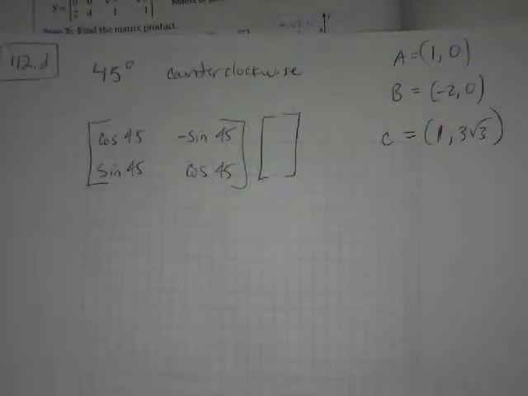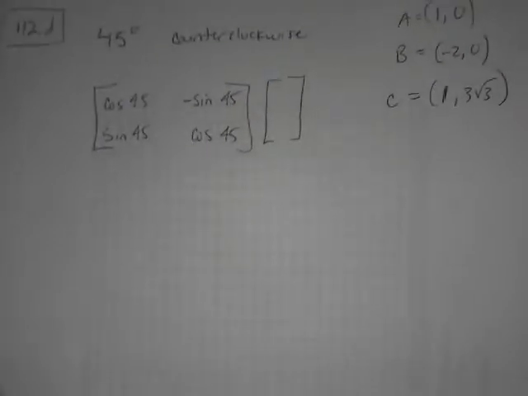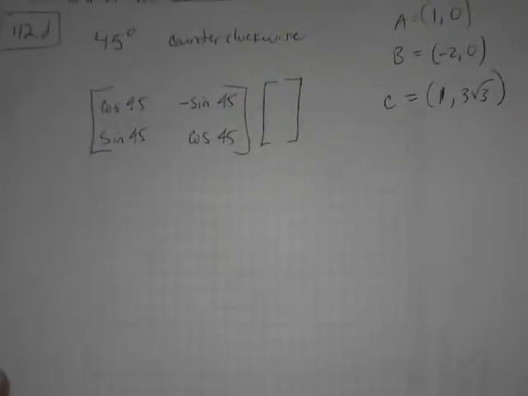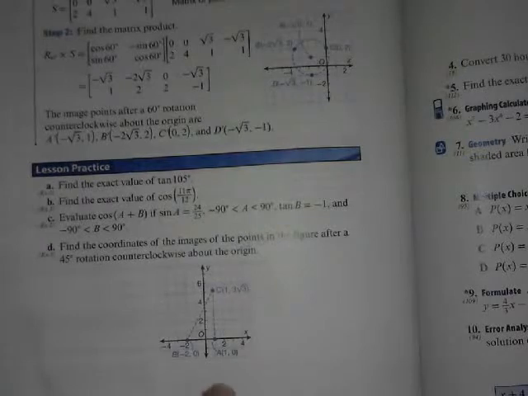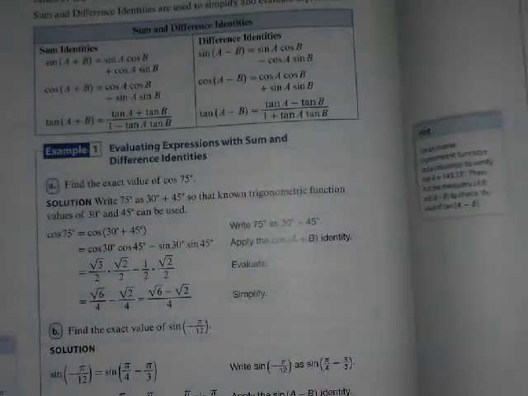Algebra 2, Lesson 112, letter D. So this one is a rotation. It wants a 45-degree counterclockwise rotation. It has a picture right here. And so on the opposite page,